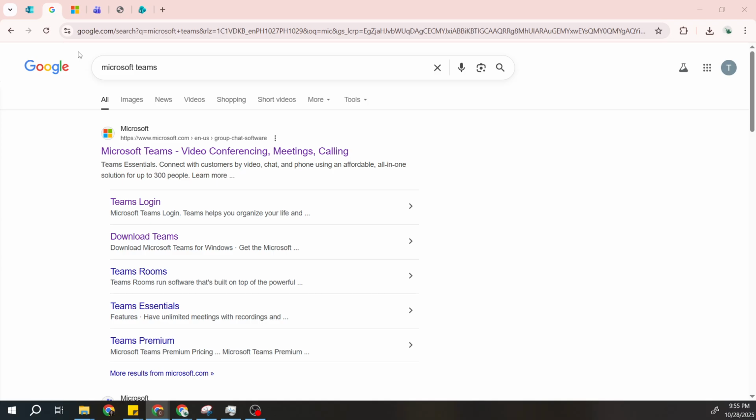Let's get started. First, you'll want to open up your preferred web browser. This could be Chrome, Firefox, Edge, or any other alternative that you like to use. Once your browser is open, head over to the search bar at the top and type in Microsoft Teams. This will bring up a list of search results. Look for the official Microsoft Teams website link and go ahead and click on it to get to the login